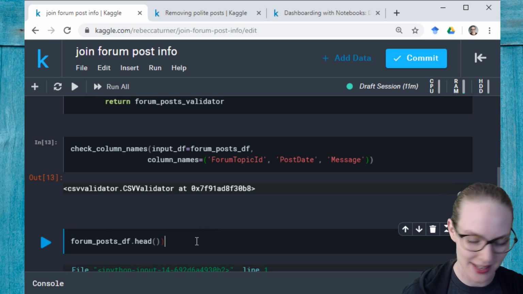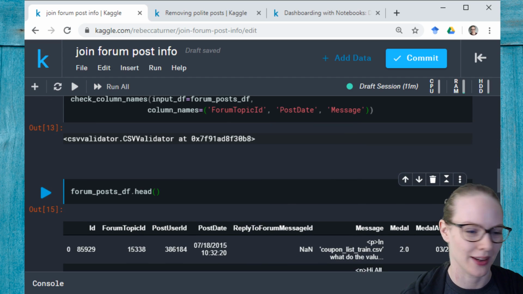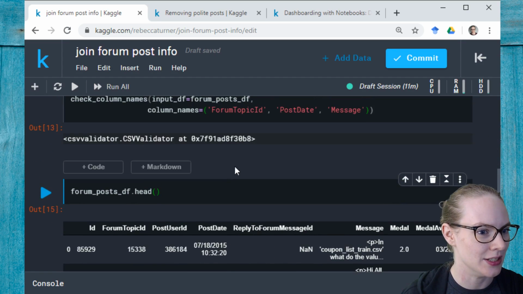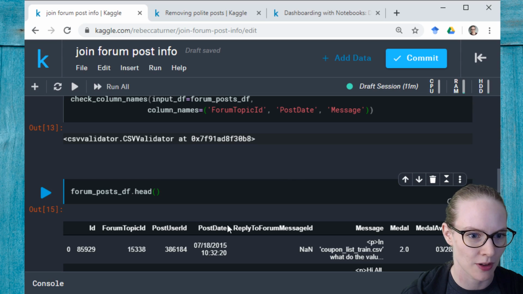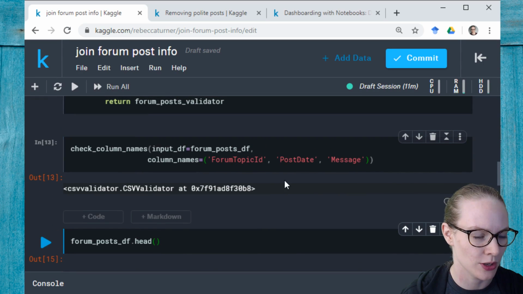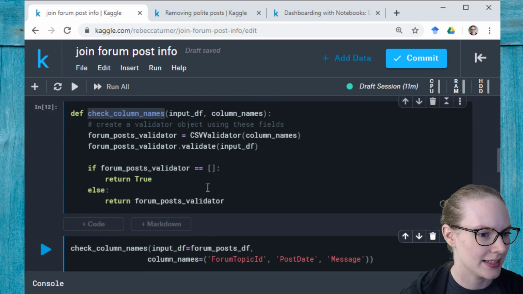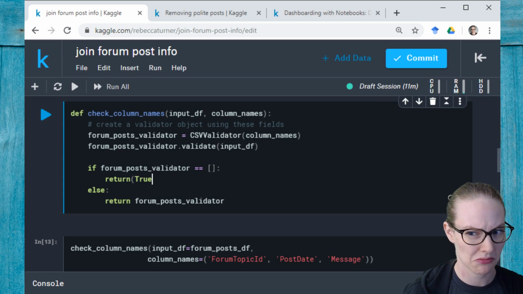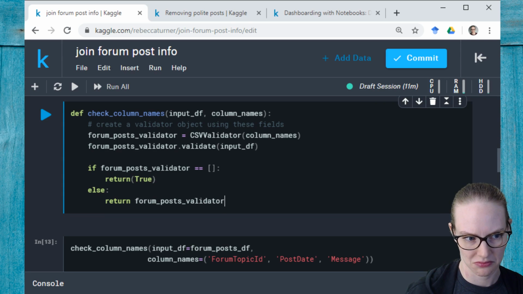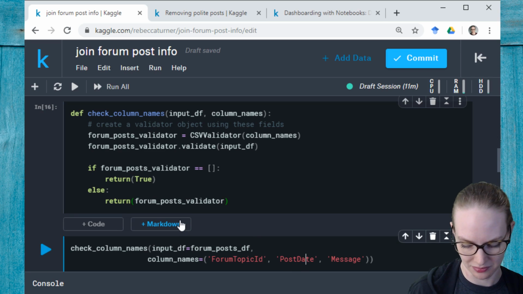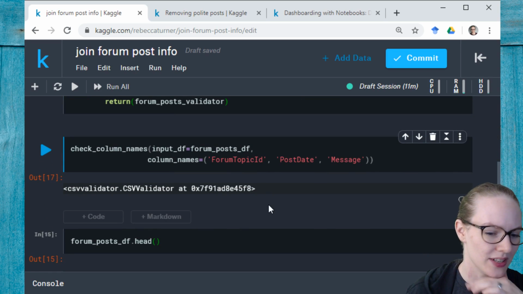This is why it's only really worth doing if you have a reason to do it. So we have forum topic ID, yes. We have post date, yes. And we have message, yes. So we should get true back. And instead, if it's empty, return true. Do I need parentheses? Interesting. I'm getting the validator back and not the